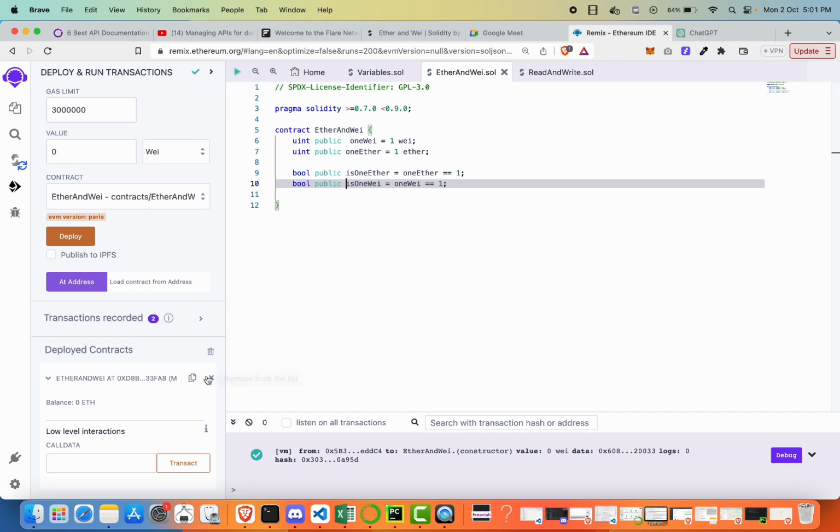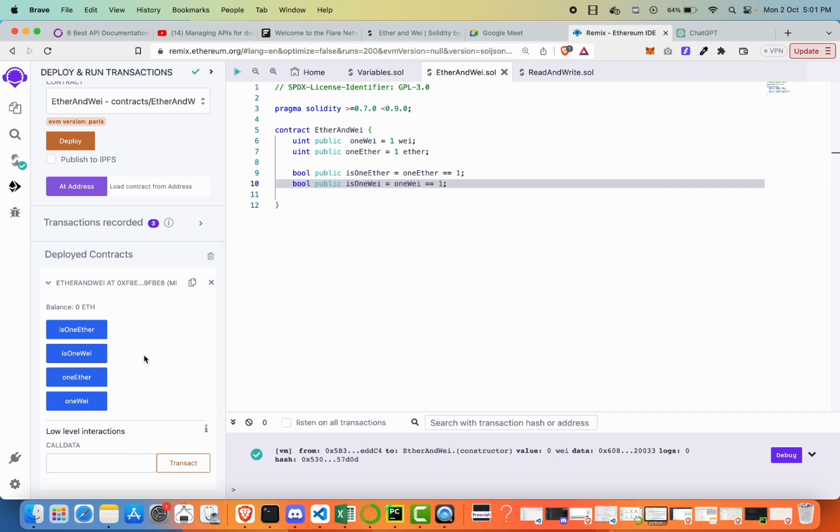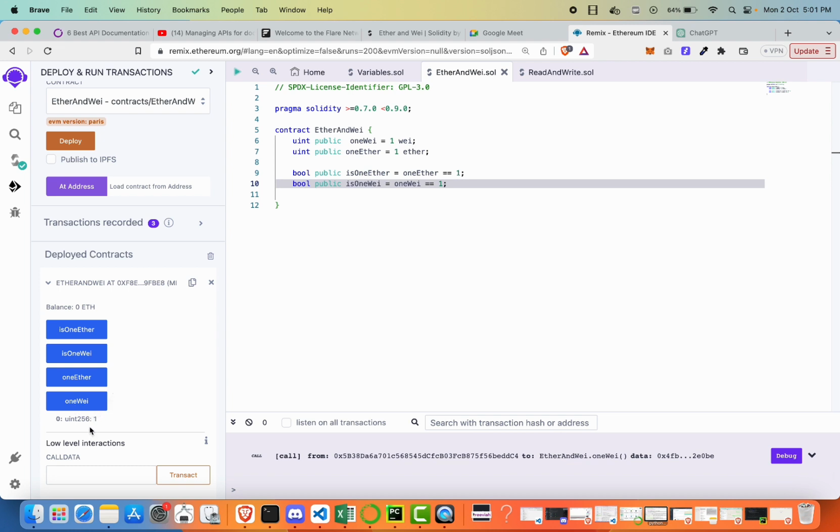So now I'm going to redeploy it. Okay, as you can see, all this are showing right now. So now, 1 Wei is 1 Wei,